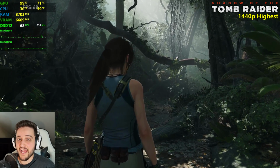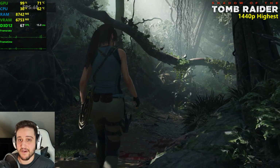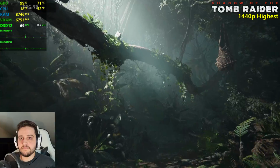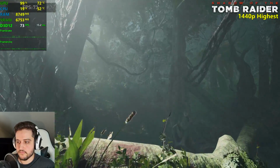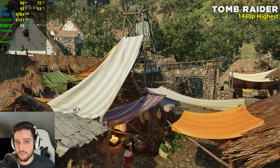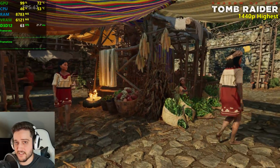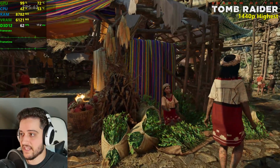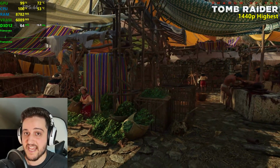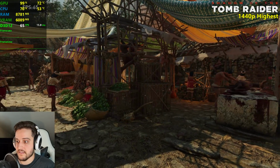Well, so far, I haven't seen it dropping from 60 yet. I'm extremely impressed by that, to be honest, guys. Is it even gonna drop from 60? Like, I believe this is a very demanding area, so maybe it will drop from 60, but I... What the hell? I was not expecting this. I first thought I'd do this at 1080p, but yeah, you can see that even at 1440p, this is a